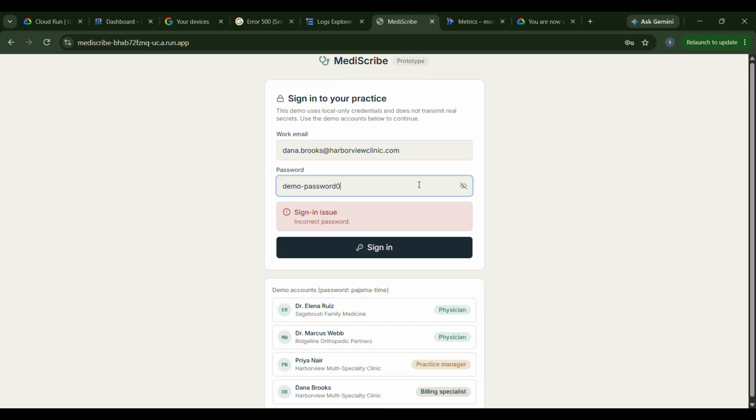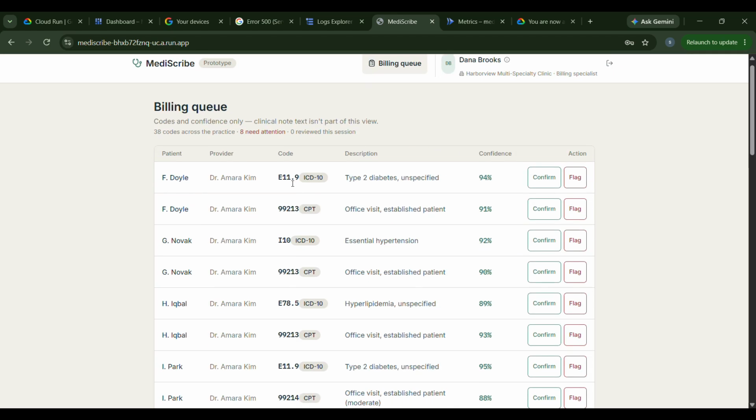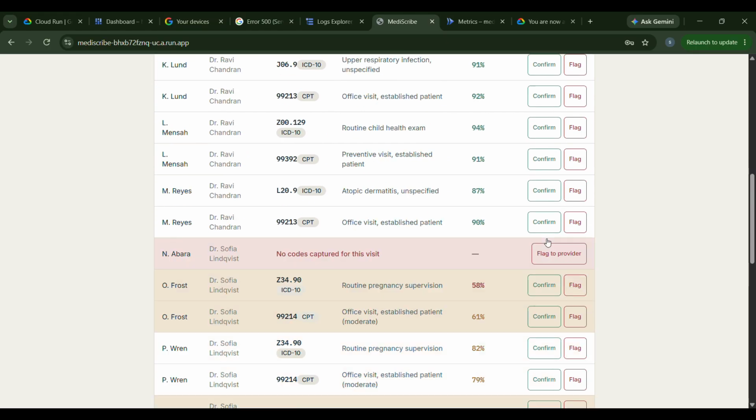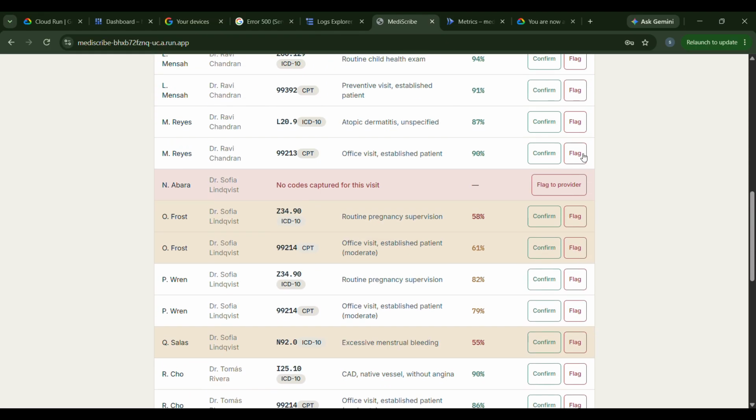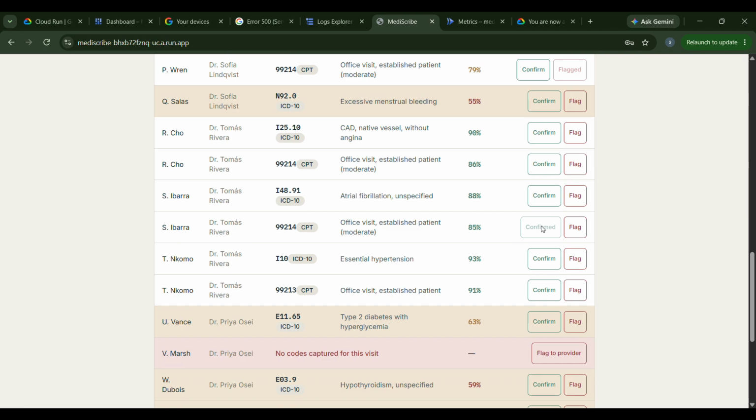And let's go to another account, that's a billing specialist. Authentication is working properly. So the billing specialist confirms the codes, whether this code is correctly related to the description that we have been using. So E11.09 is ICD-10, and it's given by Amara Kim, and I can confirm. And if there are any red flags, I can see like